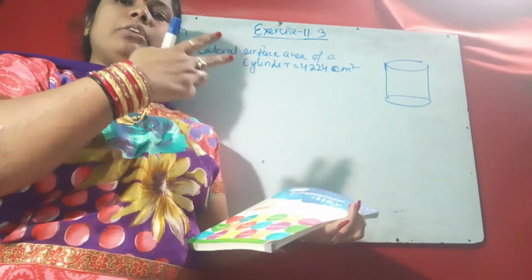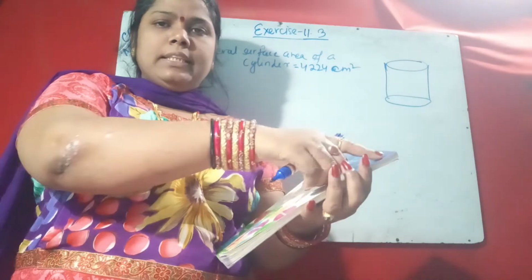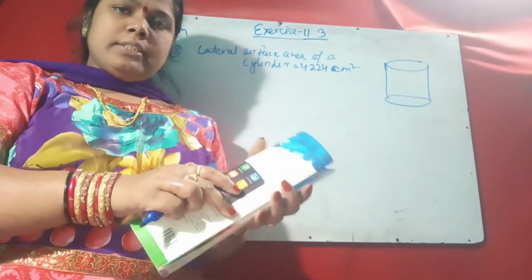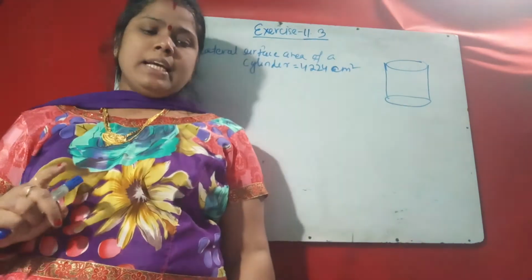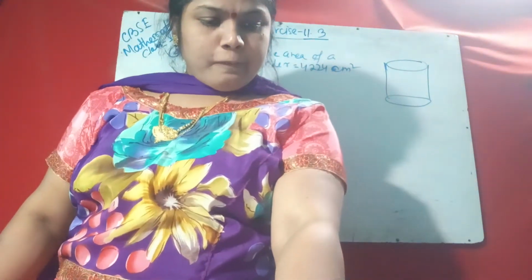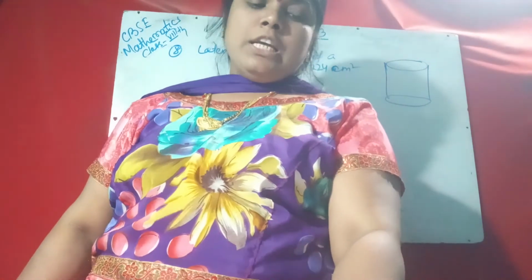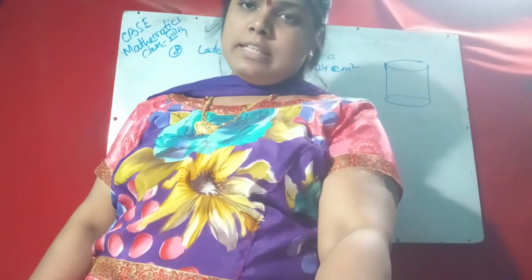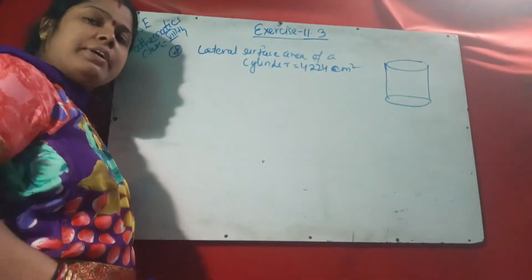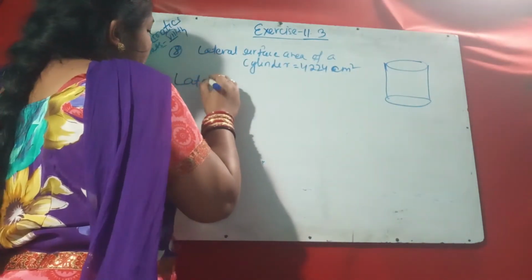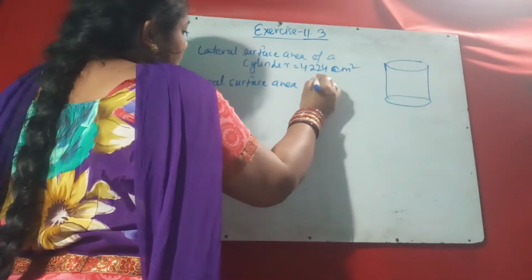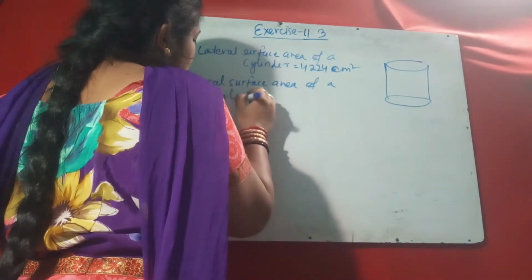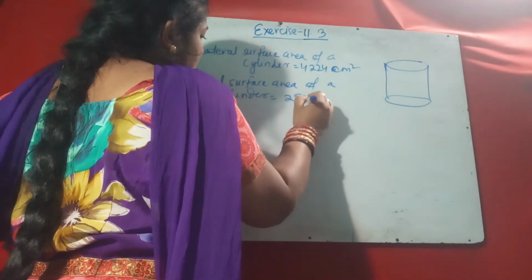Okay, when you cut a hollow cylinder, you get a rectangular sheet which has length and breadth. Suppose this is the cylinder; when you cut it, you get the height. Here the rectangular sheet you get has a height of 33 centimeter. Given the rectangular lateral surface, what is the lateral surface area of a cylinder? The formula is 2 pi r h.